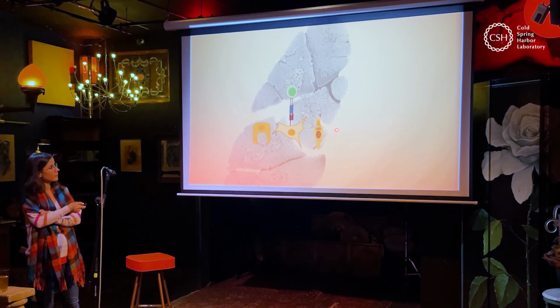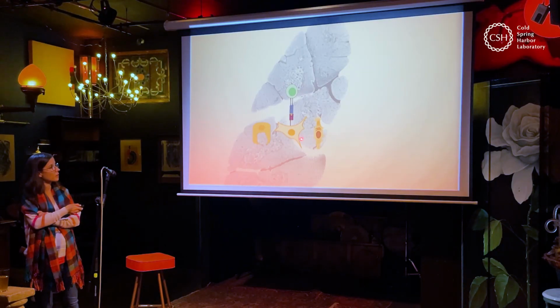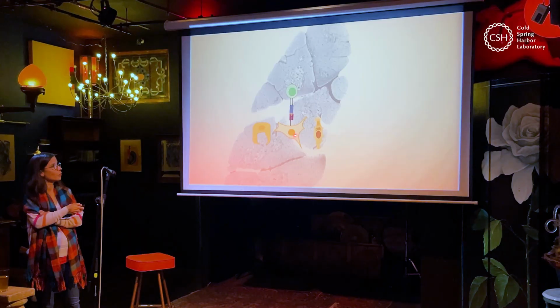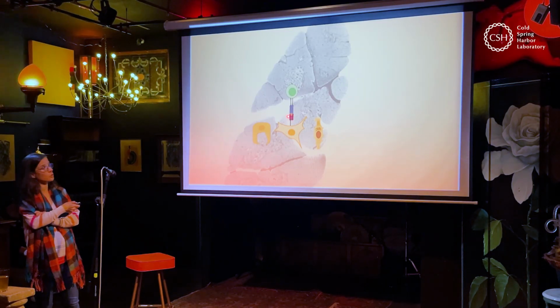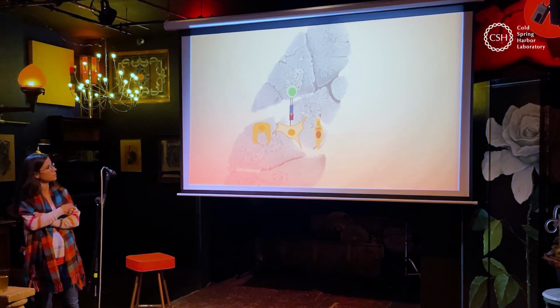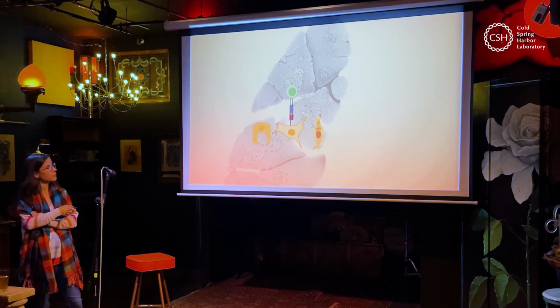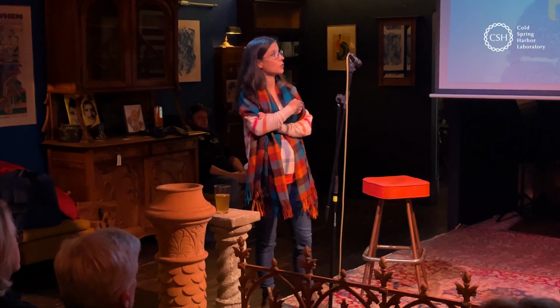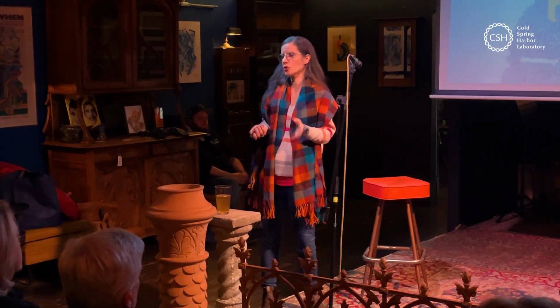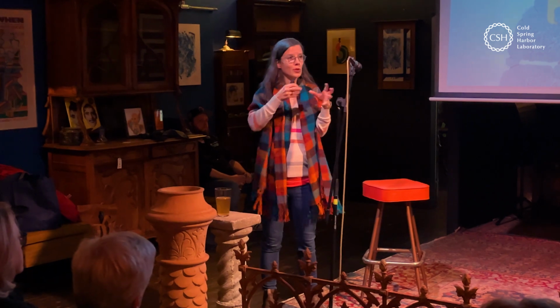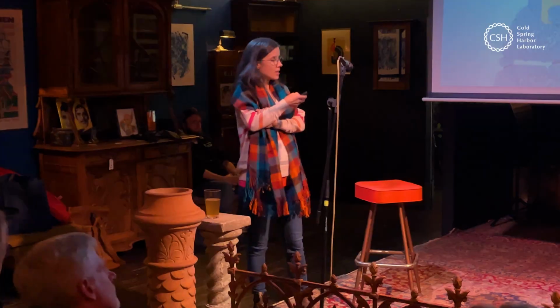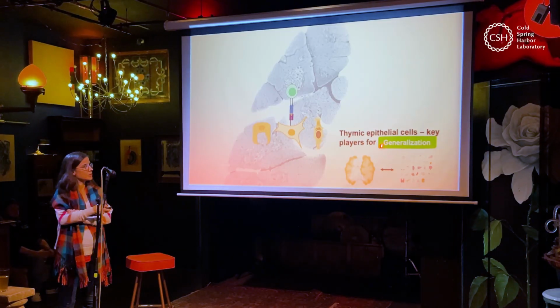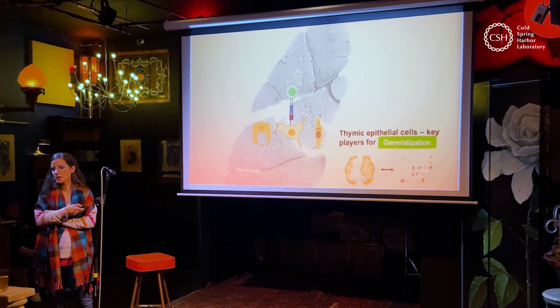So we look at all of these cells that we have in the thymus and look at their molecular signatures. What is it that they're expressing that allows them to train these T cells to put these little fragments up here? But then they also look quite different. So we can try to figure out how these cells not only train the T cells, but actually give structure to the organ. They're also an integral part that allows the T cells to go out. So we study these cells in detail because they're really key for this generalization process.